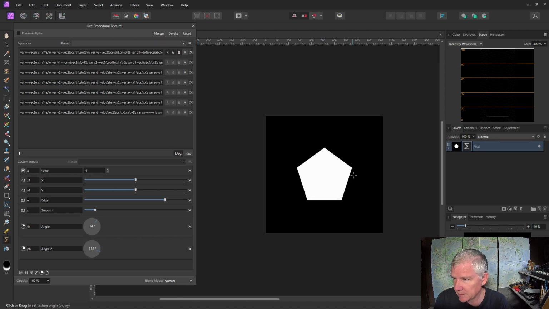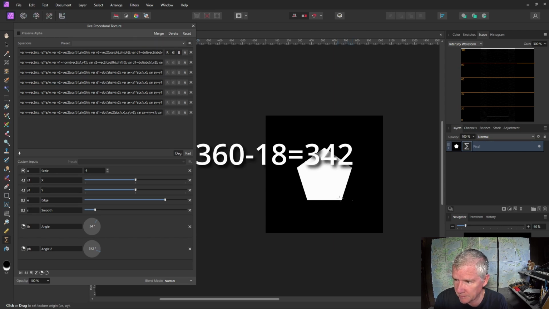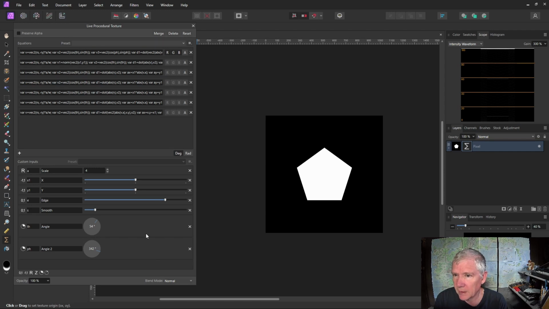Now this angle is 90. To get 108, I would have to add 18 to that, and I think what I need to do here is subtract 18 from 360, and so 360 minus 18 is 342, and that looks like a pretty good pentagon. So there's my pentagon. Now I could make this, if I bring this one up, I've got a house, or